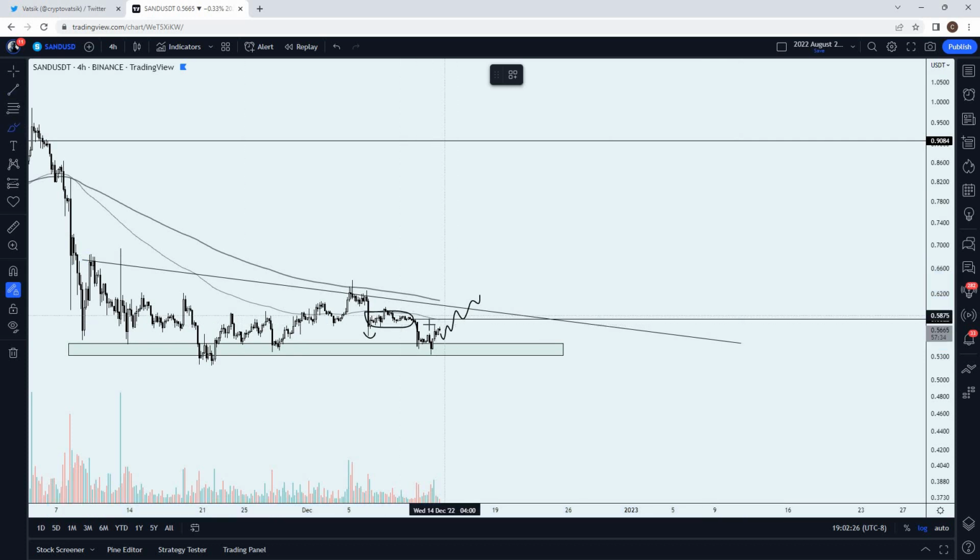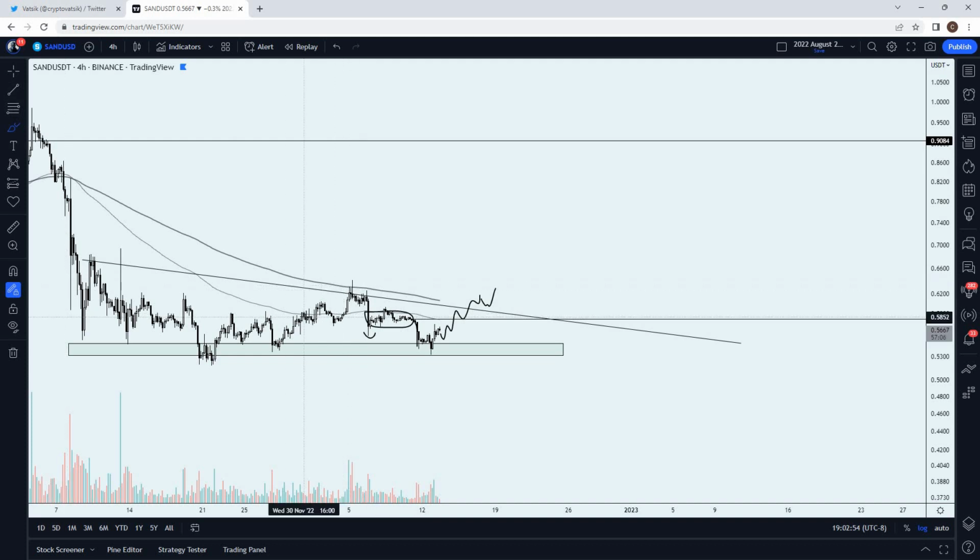So if we did see a reclaim of that breakdown level right here, and then also a breakout of this triangle, something like what Bitcoin and Ethereum are doing currently. There's a triangle I drew and shared on my Twitter just like this last night, and I said I was anticipating a break to the upside, and we've got it, but Sand has more room to move and play within this area. Okay, so if we do see a breakout there, similar to that,